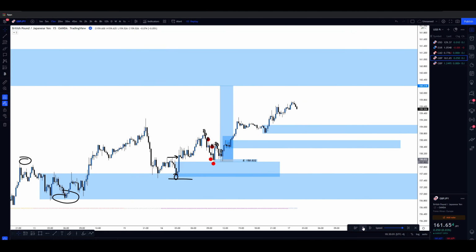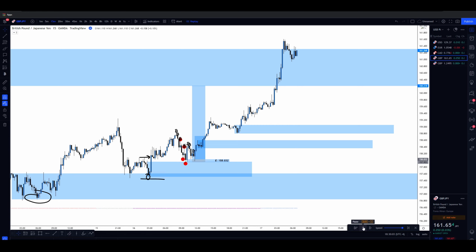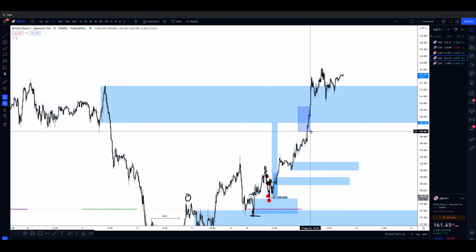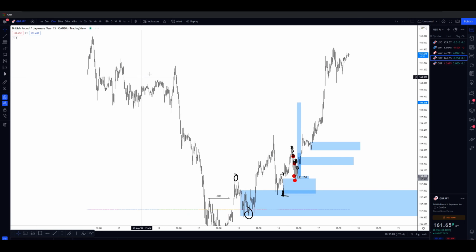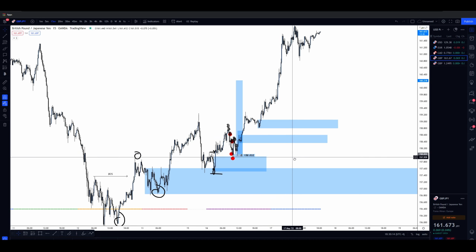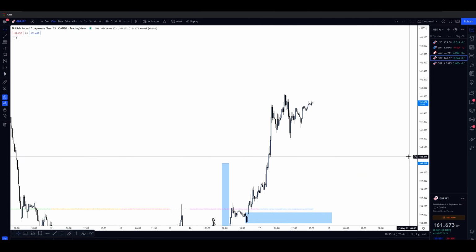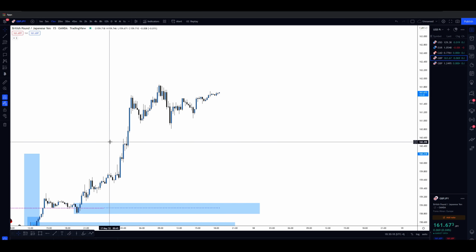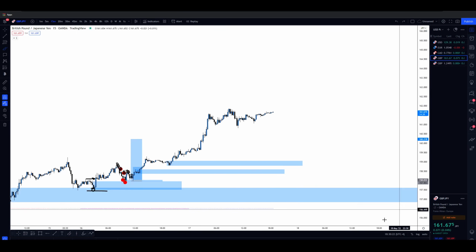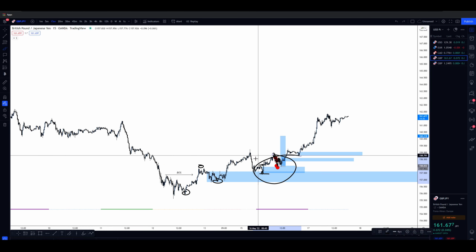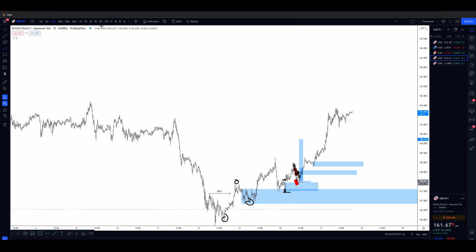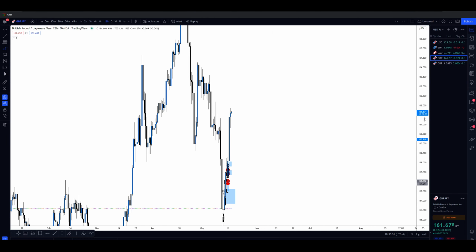Now let's fully play this out and see what happens. And then you can see the market literally exploded into our supply, and then from there whatever happened. But yeah, that was a 27 to 1. Now what's going to happen next? Usually Tuesdays, Wednesdays, Thursdays, Fridays, the market is either going to continue the original trend that happened around Sunday and Monday, or the market is going to reverse based off of the supply it's approaching.